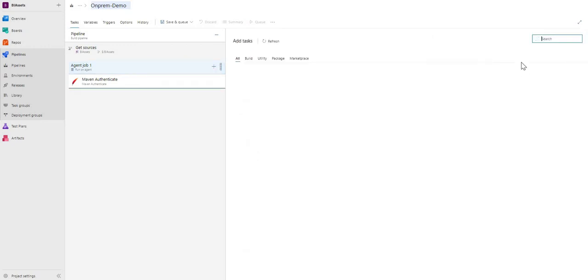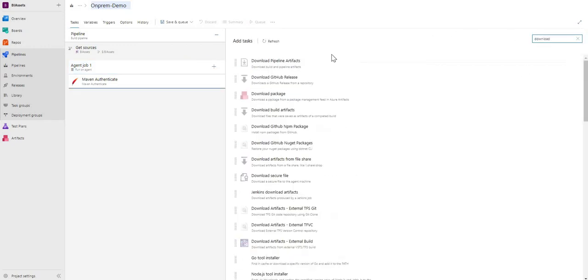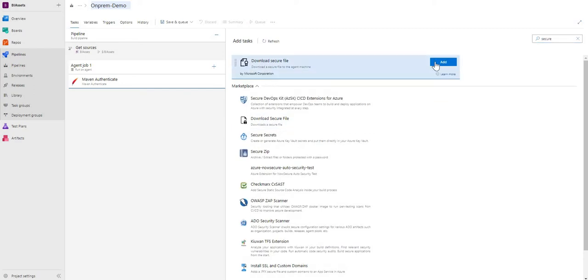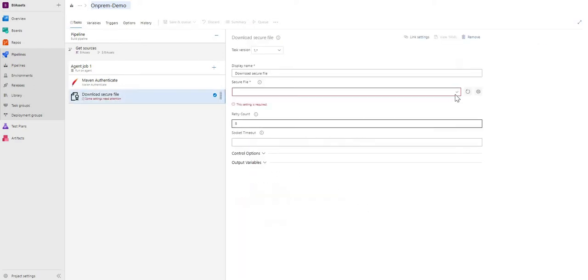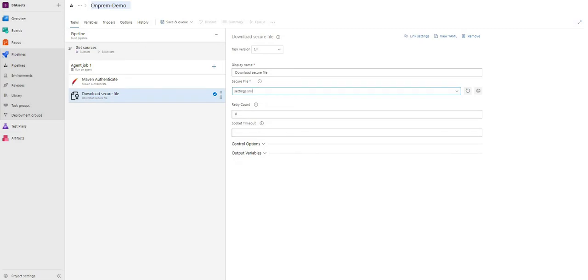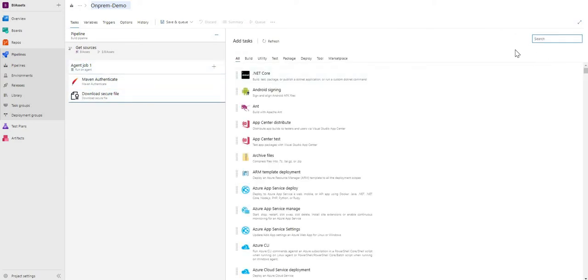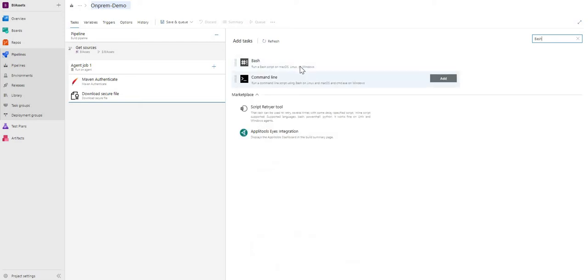So the next task would be similar to what we did before, downloading the secure file, settings.xml. Let's use the same name for the reference name. Third step would be bash.